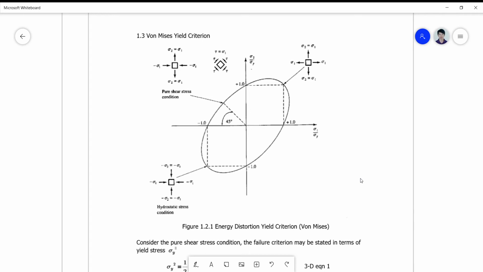There are a lot of failure criteria which can be applied to both ductile and brittle materials, but the particular criterion we will be studying today is this energy distortion yield criterion, since this is the one being used by